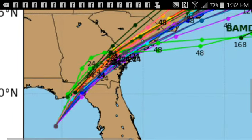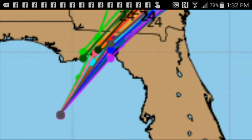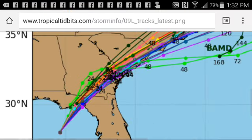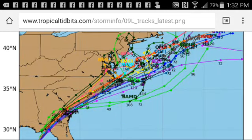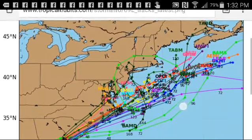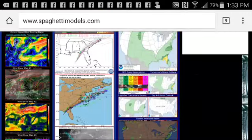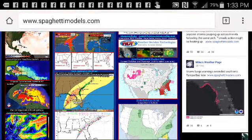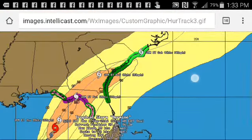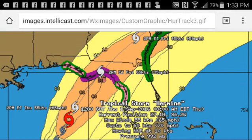You can see why I'm not showing Mississippi anymore. This is a remarkable agreement between all of the models. That's where it's going to be, according to pretty much everybody. Even out pretty long term, that's still real good agreement as far as where it's going to be when. Canadian model's a little crazy. I don't know why it's just not handling this storm well for whatever reason, so I've pretty much been ignoring it. If you've seen any of my other pictures and videos,